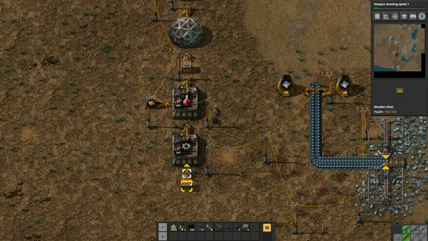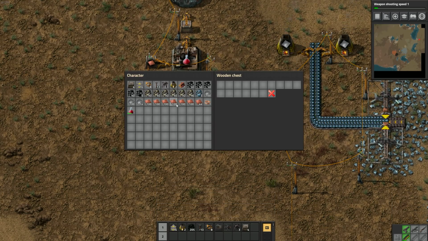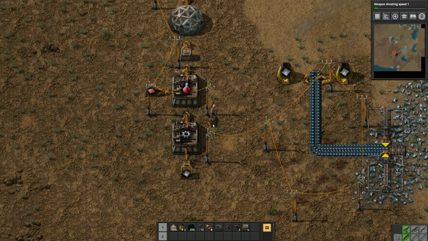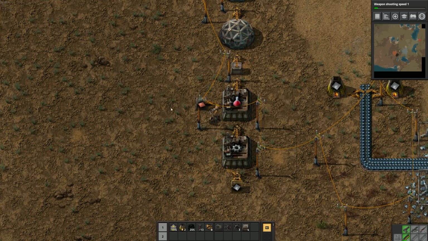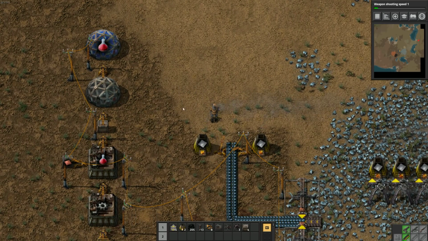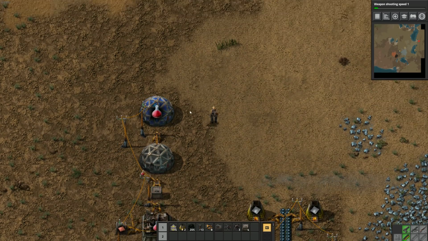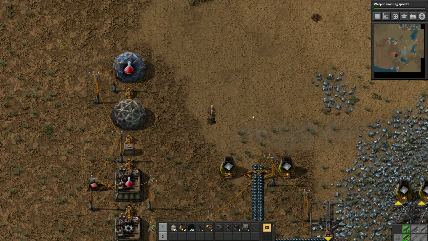And I think my red science has run out of something here. What did I have here? Iron plate. Let's stick all of it in there. Lots of copper in there. That should be fine. There we go. Science is up and running again. So if this is bottlenecked, then it'll put one in here, and both will be running in parallel. But it's chewing through it pretty fast, so...